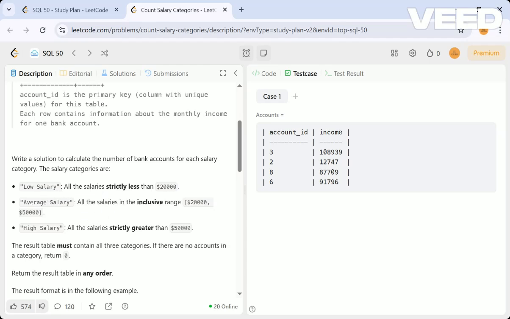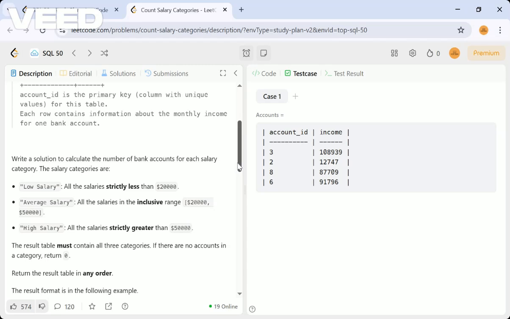Average salary is the inclusive range between $20,000 and $50,000. Whereas high salary is strictly greater than $50,000.